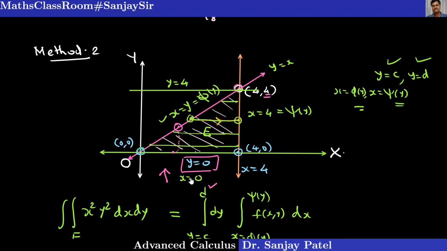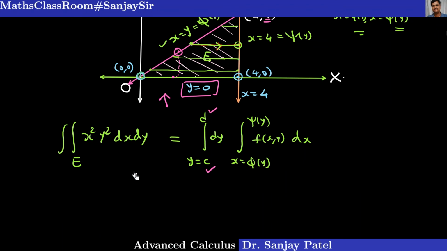Our equation of the curve is x is equal to y, and this x equal to 4. These are the limits of integration of x. So finally, what I can write here from this figure is y equal to the minimum value of y, which is here, that is 0. Y is equal to 0 to y is equal to 4